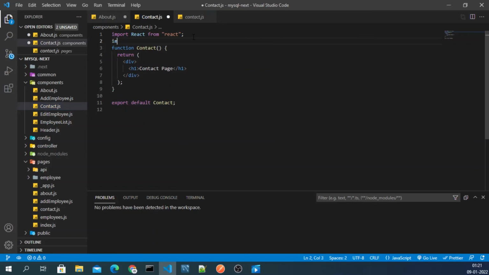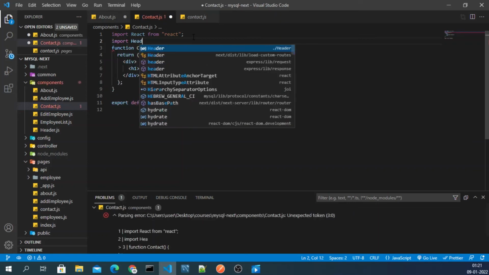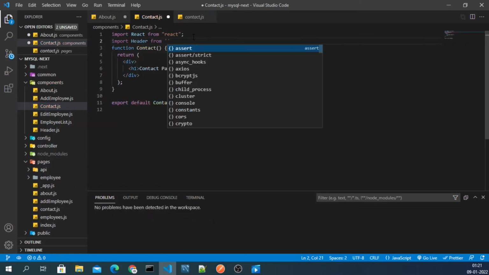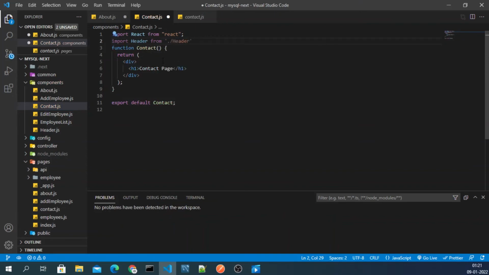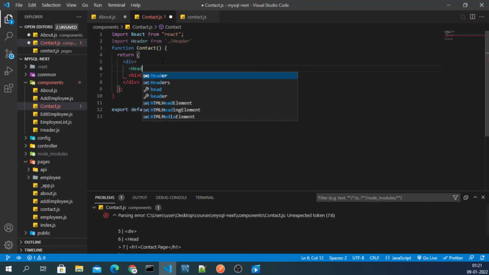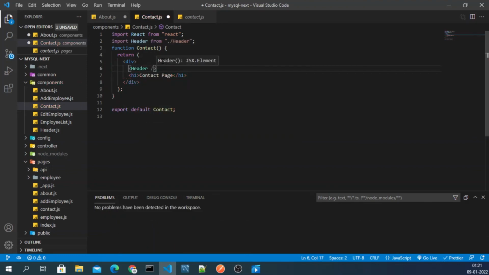Here import header from header, and then just add the header like this.